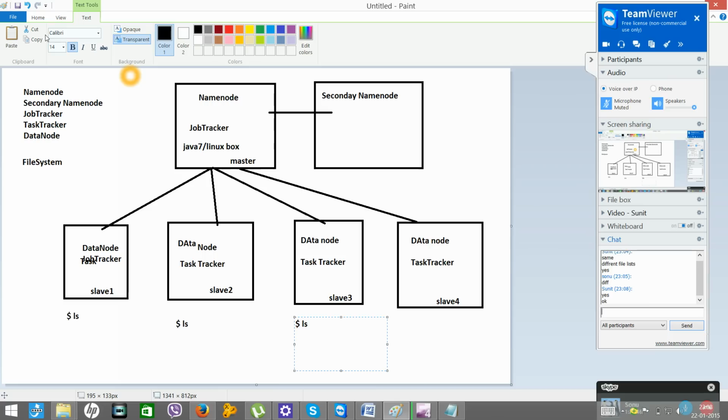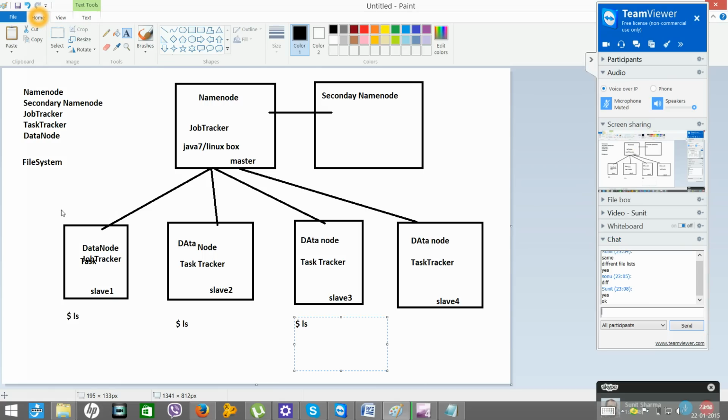Now HDFS is basically a file system. For example, in Windows you have NTFS, FAT, FAT32. These are file systems, isn't it? Similarly, in Linux you may have some different file system. That file system is completely different from HDFS. But HDFS is built on top of those file systems.